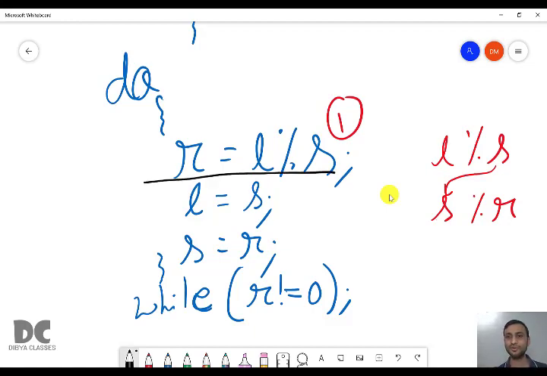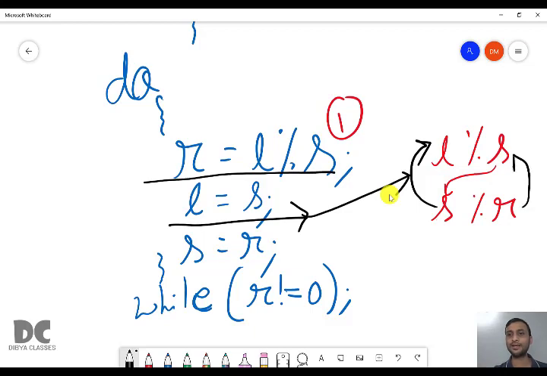So we'll keep the value of S in L and the value of R in S. Automatically L modulo S will become S modulo R, which we did in Fibonacci also, exchanging the values of variables.